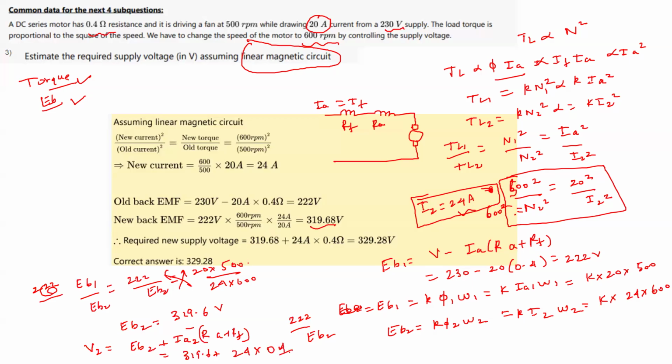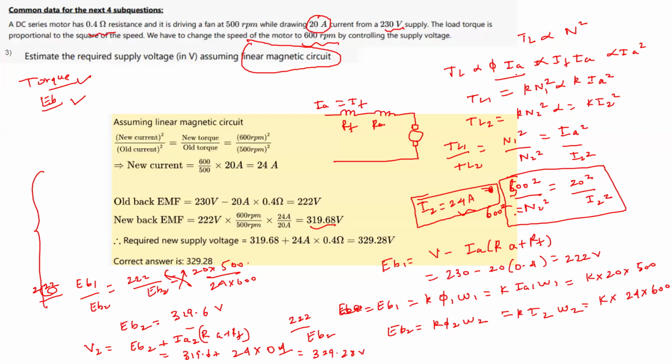So from this we can find out the value of supply voltage, so that we can run this motor at a new speed of 600 rpm. Okay, this was an easy question. Here what we did, we first used the torque expression because torque is proportional to square of speed, and we